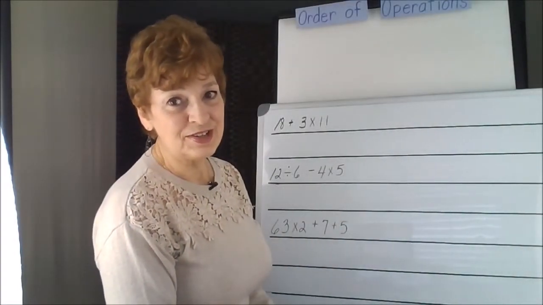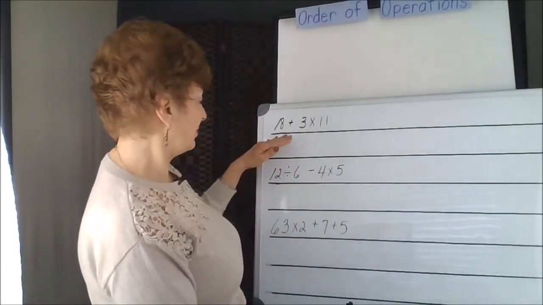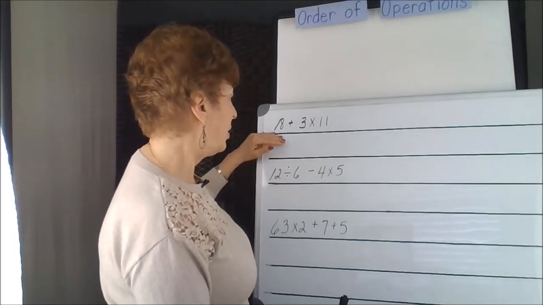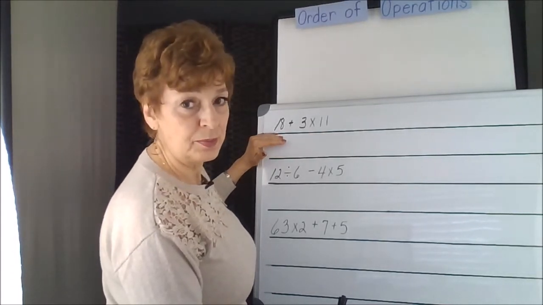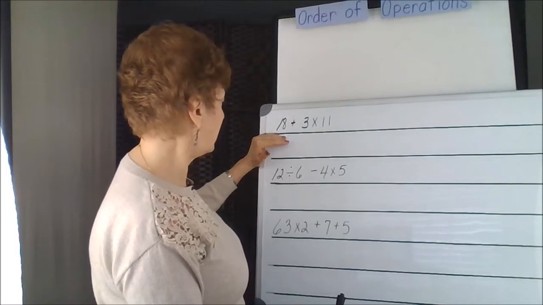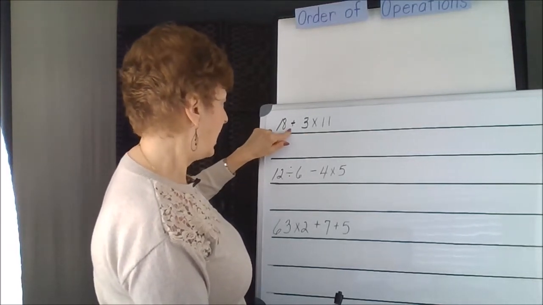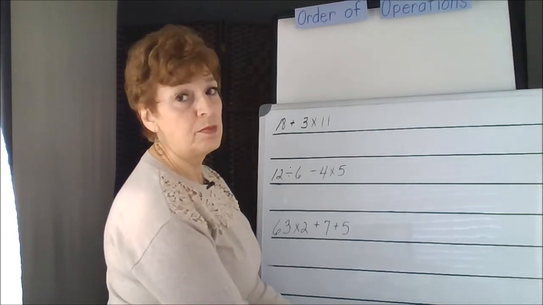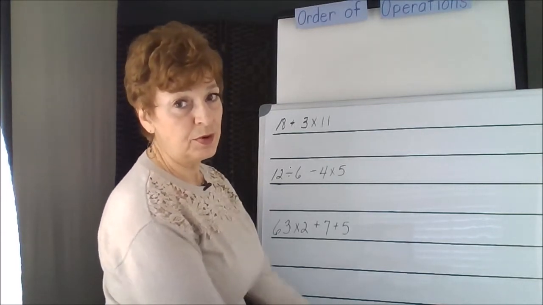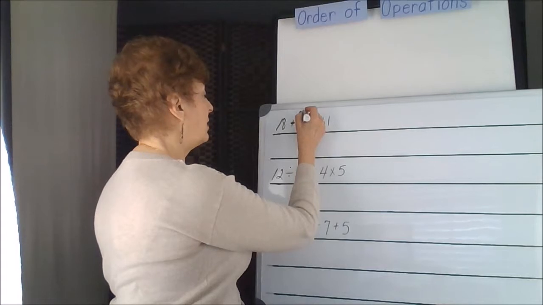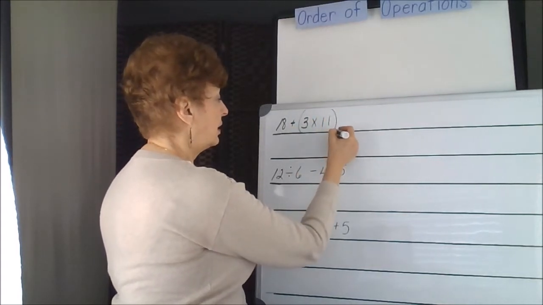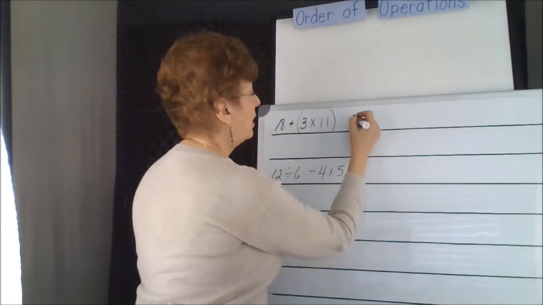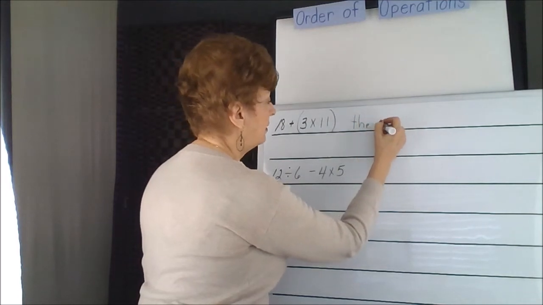These expressions are slightly more involved. You're going to have to decide whether you have to put parentheses around anything in here, because we've got an addition and a multiplication, and we know that the multiplication comes before the addition. So our parenthesis would be here. So we could say the product